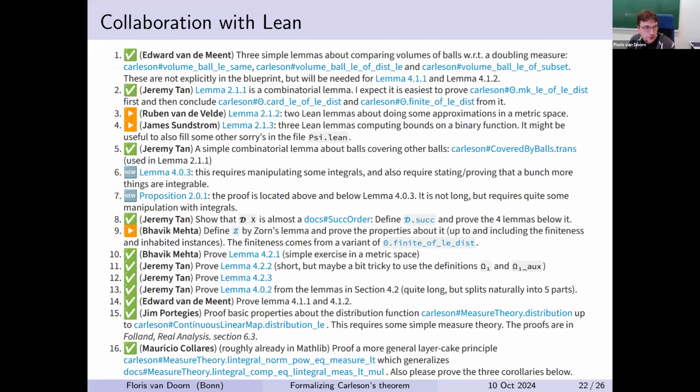So here is one of the posts that I started with, where I coordinate the tasks. I have a list of the first 16 tasks, which has now grown to more than 100. I describe these tasks, and then people can claim them, and they're either not yet claimed, in progress, or already finished. All of this is coordinated via the Lean Zulip chat.